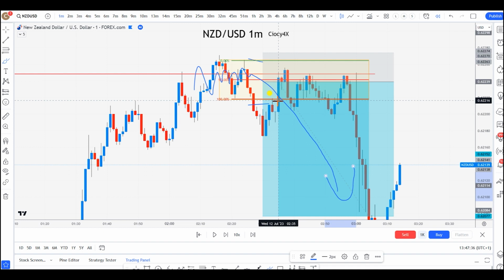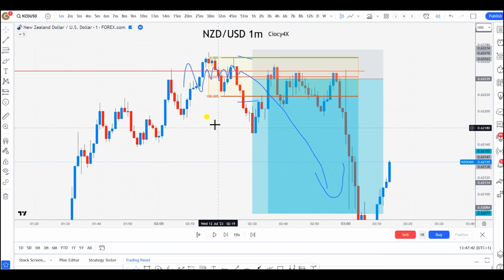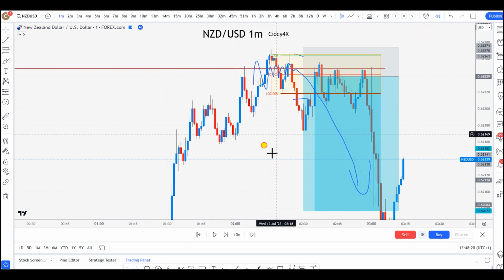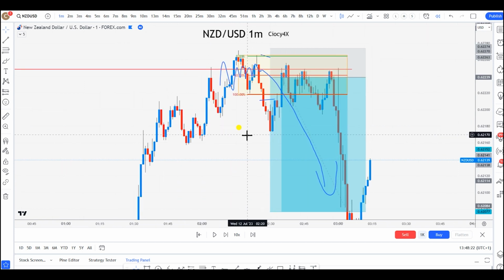So this being said, what is more important, an order block or imbalance? Well, after everything that I explained, you can clearly see that the most important thing is literally the order block. So once you know how to put the narrative within the time frame that helps you to see where is the order block, where is the imbalance, you will know what to look for and how to look for. So this being said, I hope, guys, this video helped you to understand why it is important one above another one and why you cannot have one without the other one.